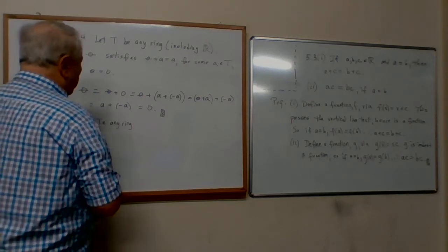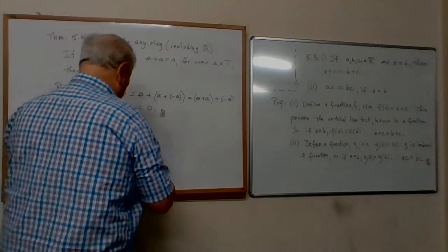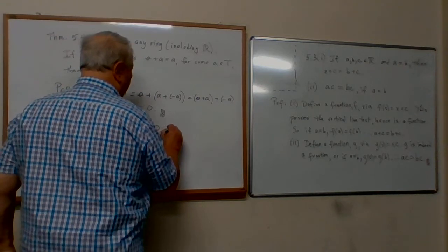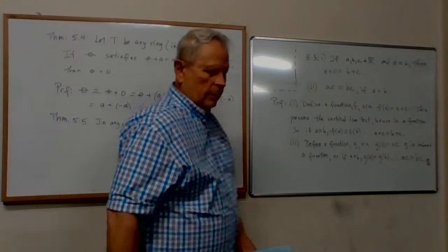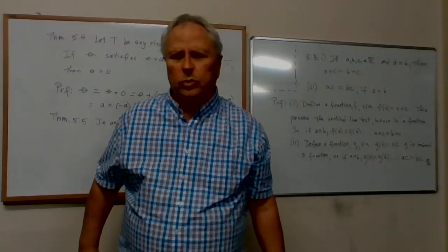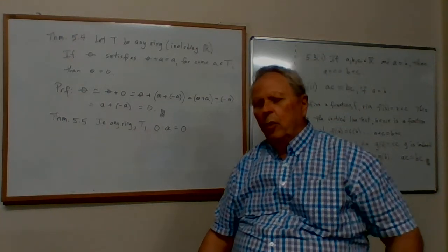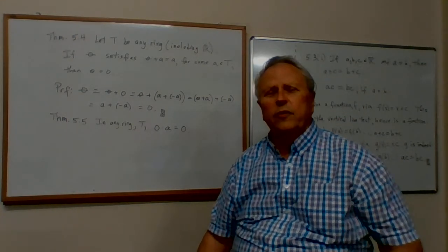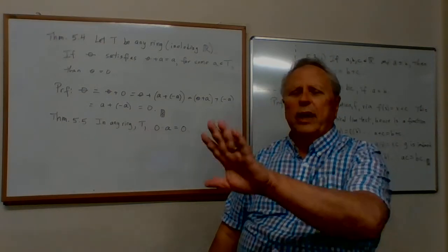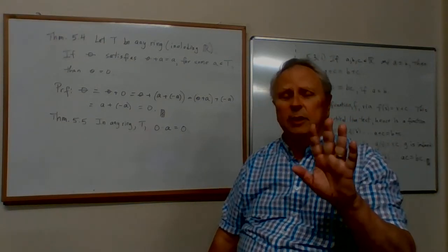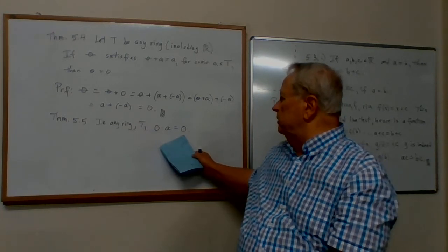And so in any ring T, 0 times A equals 0. Now, we all know that to be true. But if you think about it, why would that be obvious? If I have an element with the property that whenever I add it to something else, I get the something else as the result, namely this element, 0,